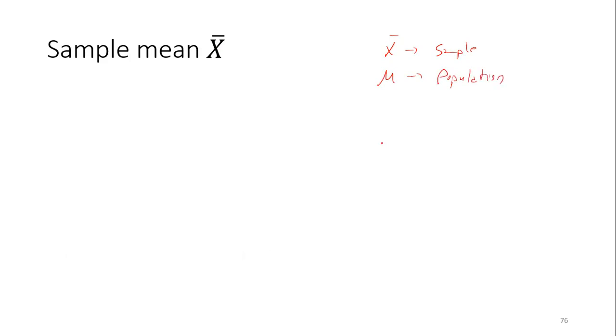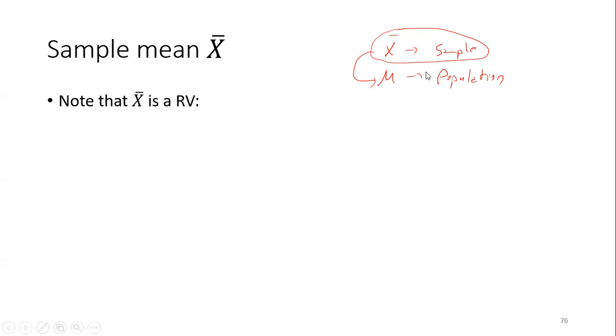For example, we are trying to find the average height of Özyeğin University. It's impossible to find it. So what we do is we take a sample and calculate x bar. X bar will say something about mu. We will infer information about mu through x bar, right? So please note that the main difference between mu and x bar is, well, mu is what?